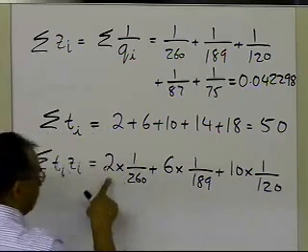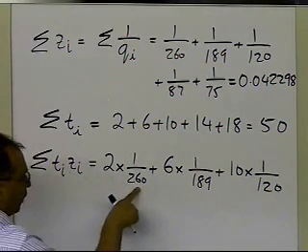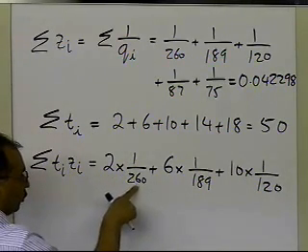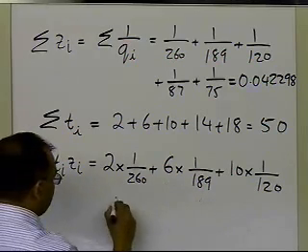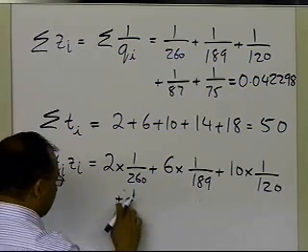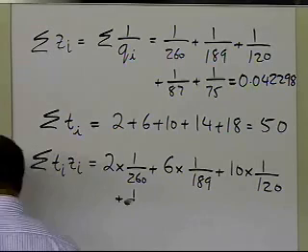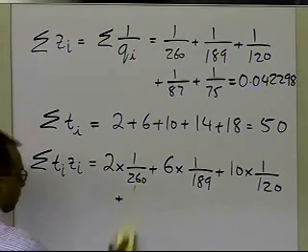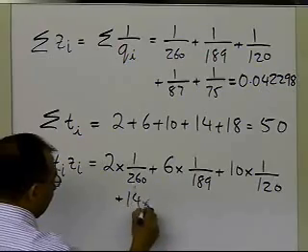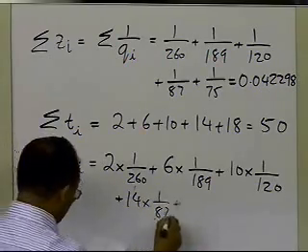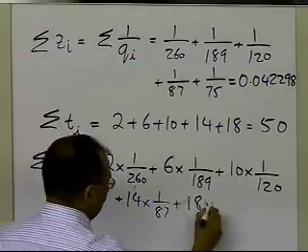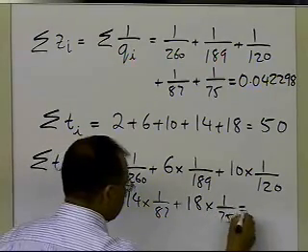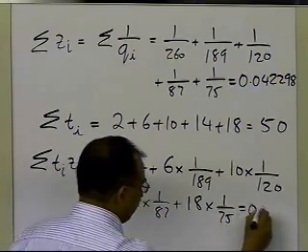All of these values you're seeing here are the t value and the corresponding inverse of the q values which are given for the data. So that's all I'm doing here. The next will be 14 times 1 divided by 87 plus 18 times 1 divided by 75. And that value turns out to be